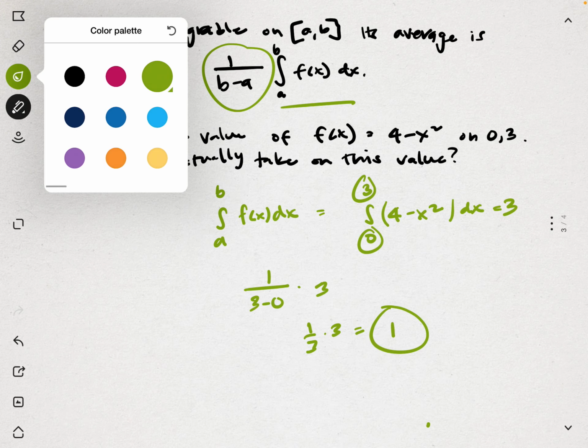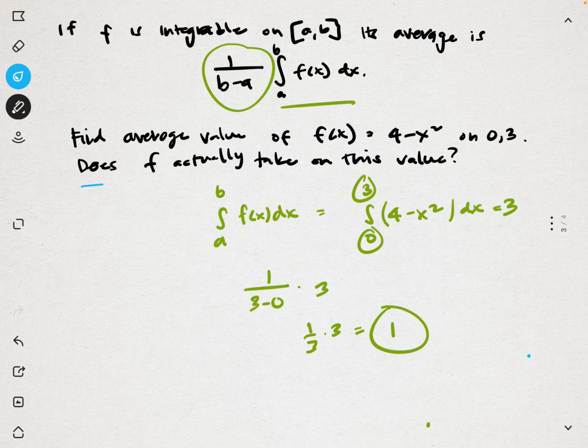All right, so the follow-up to this question is asking us, does f actually take on this value? Now, this comes back to the mean value theorem. The mean value theorem for derivatives was that if we can find the average value of our function, then at some point on our function, we must have also the same tangent. The mean value theorem also applies to integrals. So if our average value is 3,